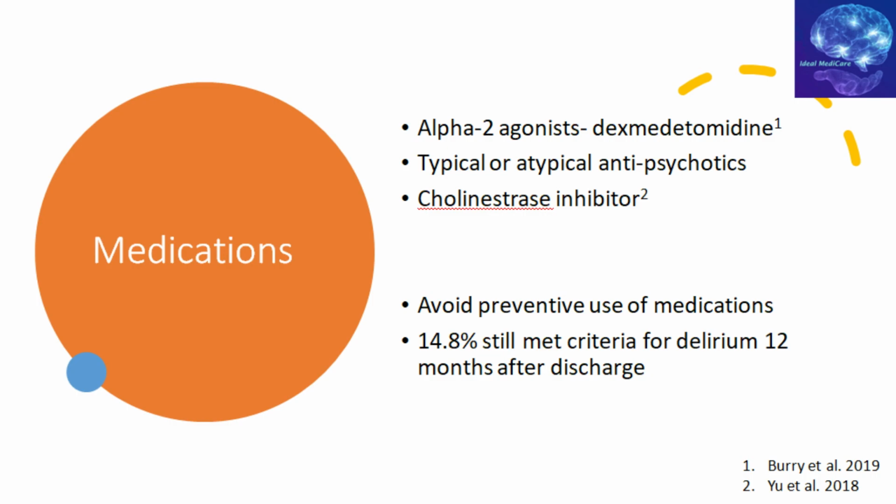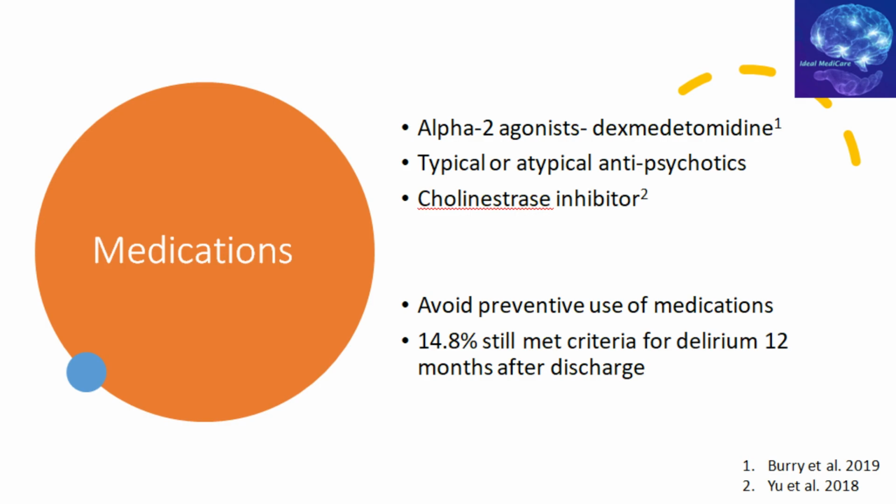Also, for the typical and atypical antipsychotics is the most robust data. But again, these patients do get help from these medications. But more importantly, the biggest evidence comes from those prevention techniques. Cholinesterase inhibitors have been noticed to help these patients, but they don't reduce the ICU stay and may worsen the ICU stay. So there is mixed evidence about cholinesterase inhibitors. I'm not discussing the pathology of the condition, which naturally takes a longer presentation. Otherwise, we can discuss why cholinesterase inhibitor is in the list.